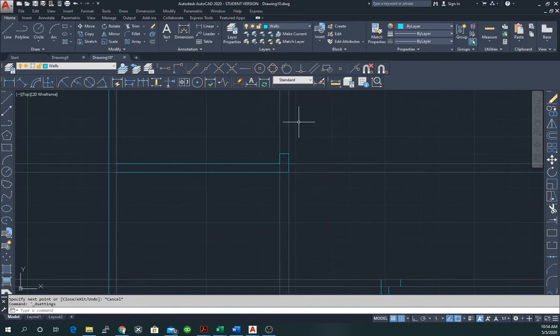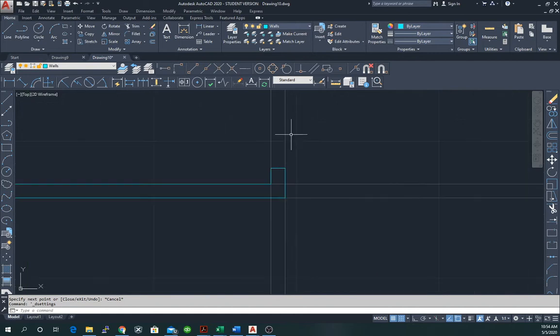Okay. So there we have that. We have this part done. Now, I didn't actually put a line in for where this wall ends. So what we know is that this opening here is 2 feet 8 inches, which is 32 inches. The track line from here of 32, from there,